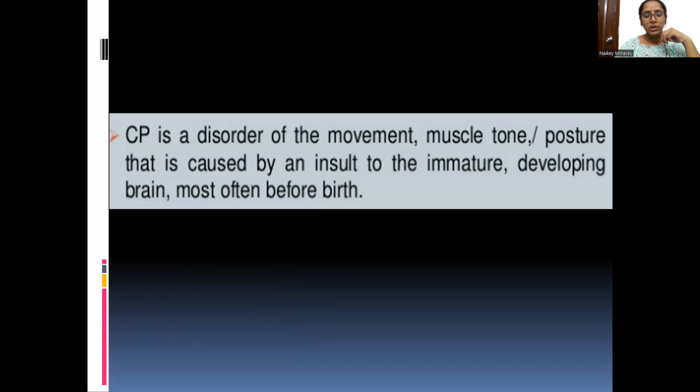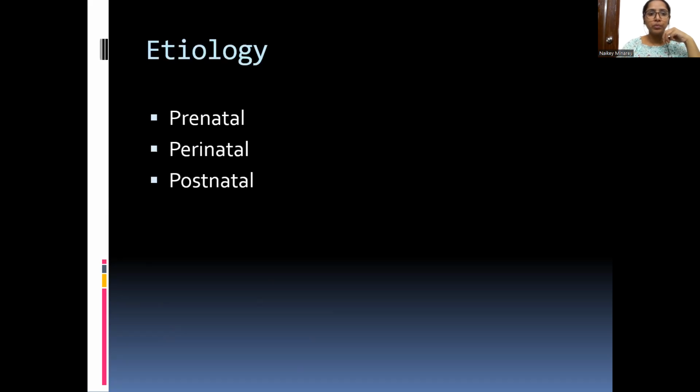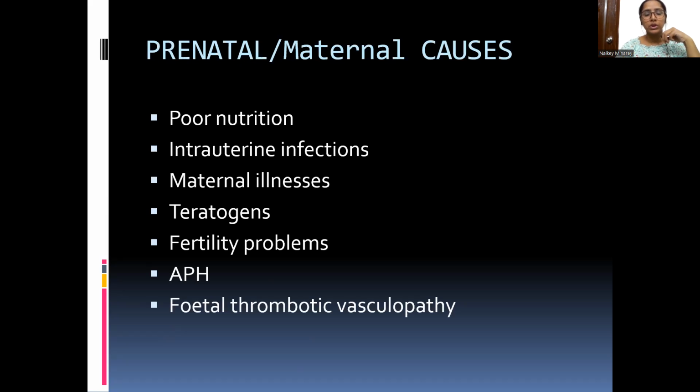Another definition, it is a disorder of movement, muscle tone, posture that is caused by an insult to the immature developing brain, most often before birth. So the damage or insult to the brain can be prenatal, perinatal and postnatal. Now coming to prenatal, it can be due to poor nutrition, intrauterine infections, maternal illnesses, teratogens, fertility problems, antepartum hemorrhage, any fetal thrombotic vascular event,